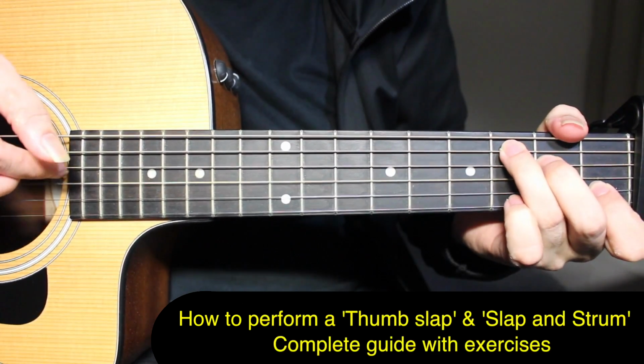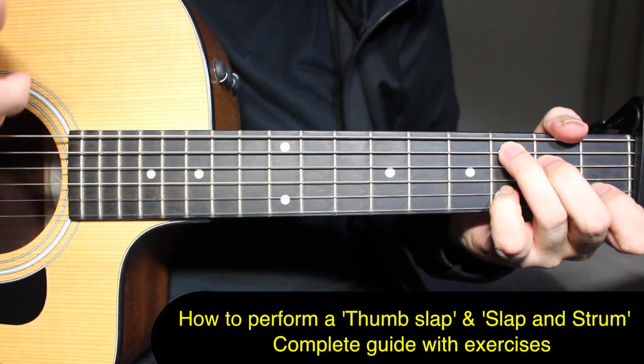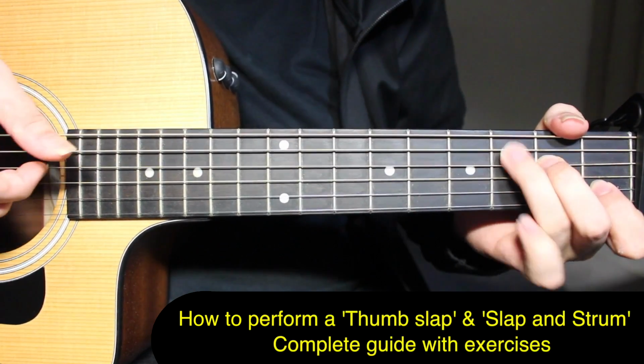So, and then third string open and fourth string open. Fourth string, second fret, sorry. So,